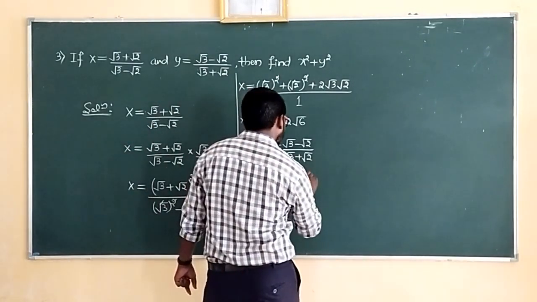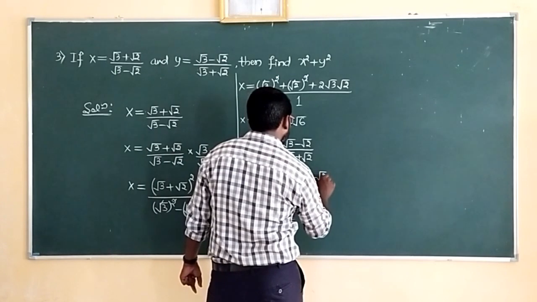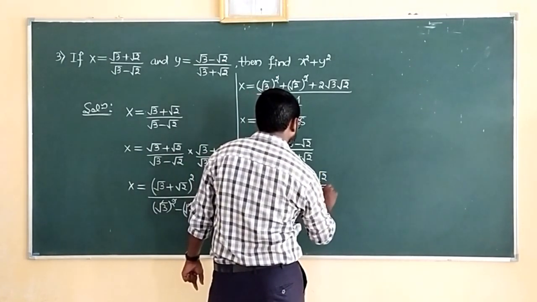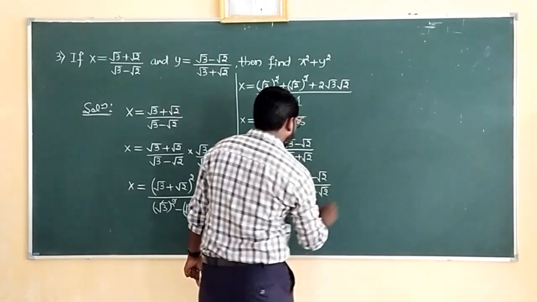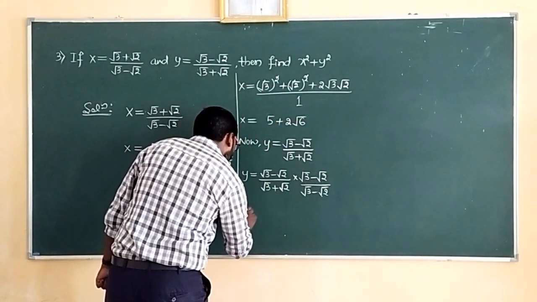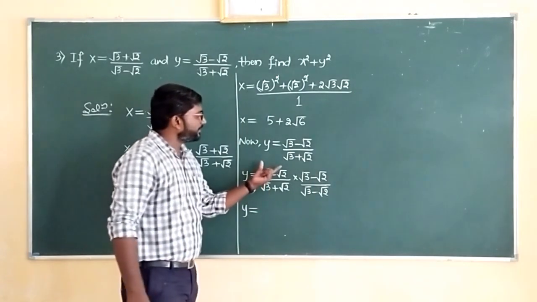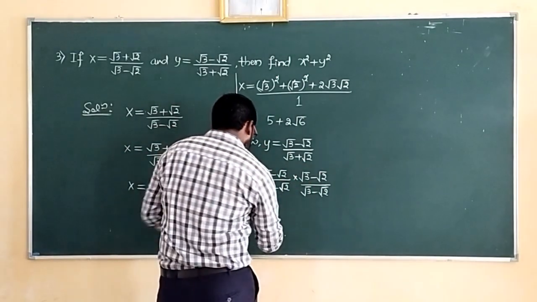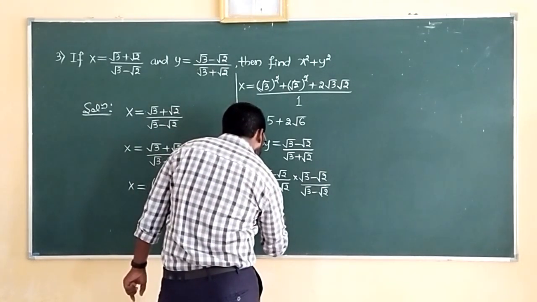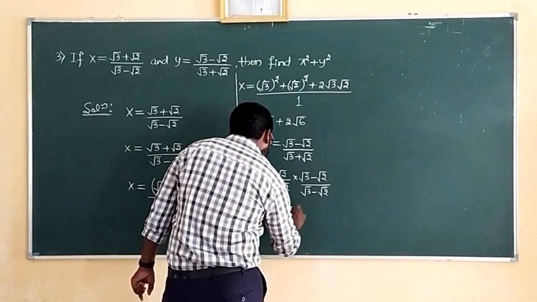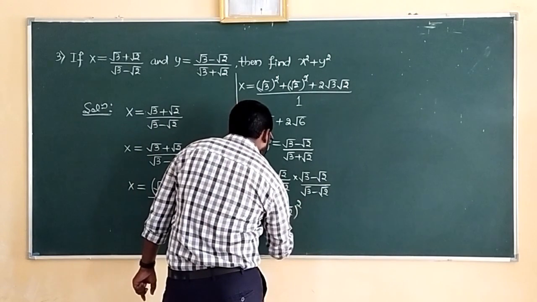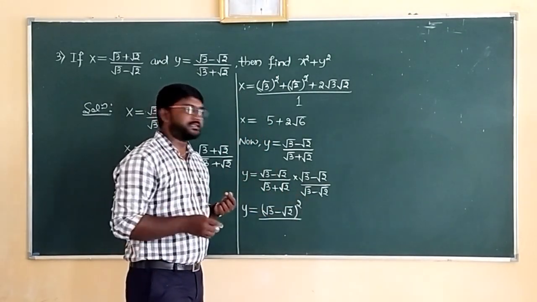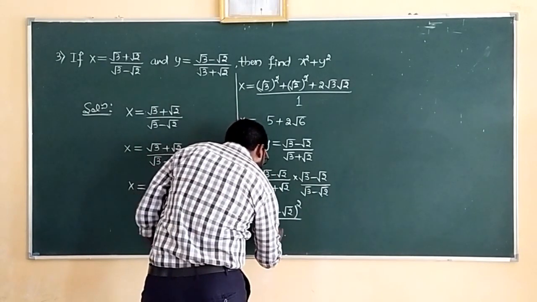We get root 3 minus root 2 divided by root 3 minus root 2. So now see here y which is equals to, the numerator is in the form of a minus b into a minus b, that is a minus b the whole square. So we get root 3 minus root 2 the whole square divided by a plus b into a minus b will be a square minus b square, that is root 3 square